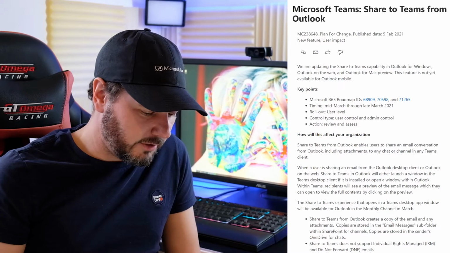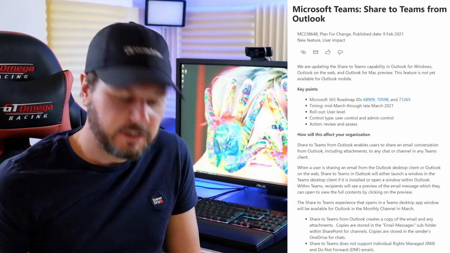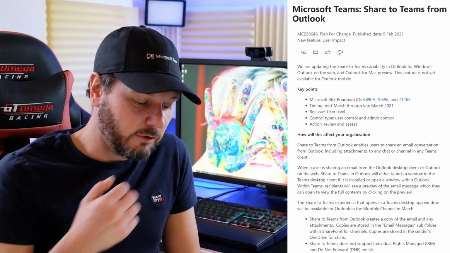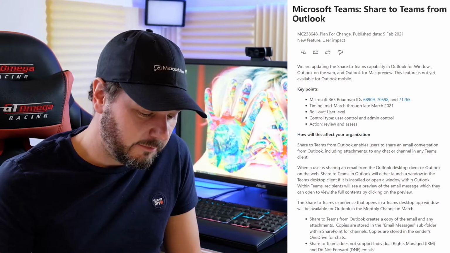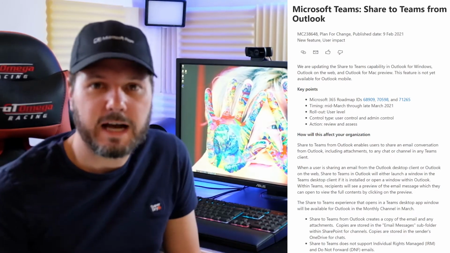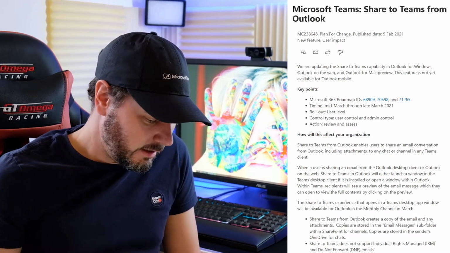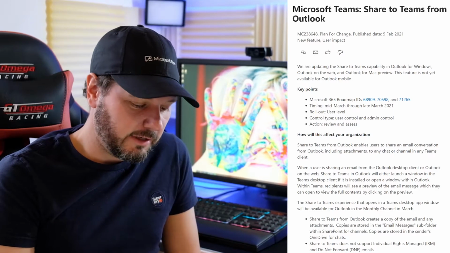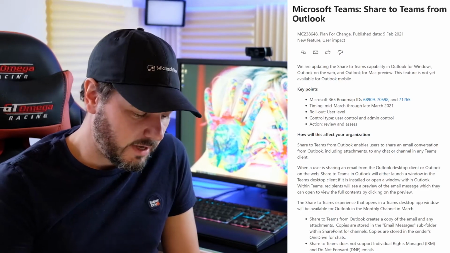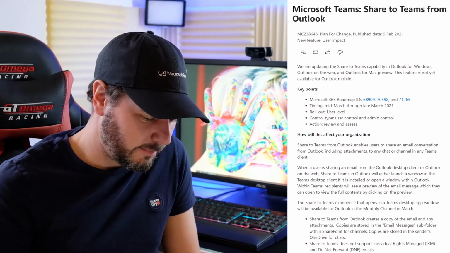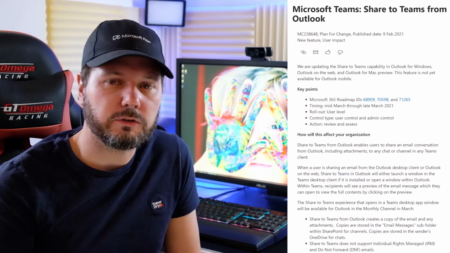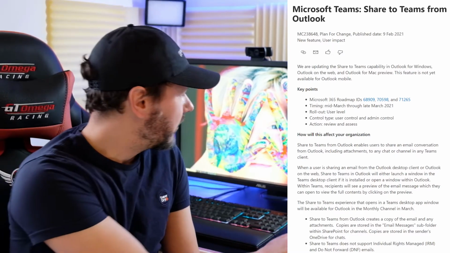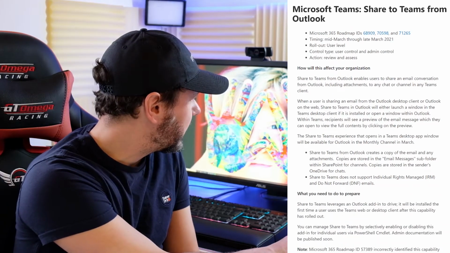So Microsoft are updating the Share to Teams capability in Outlook for Windows, Outlook on the web, and Outlook for Mac Preview. The feature is not yet available for Outlook Mobile. This is going to happen through mid-March through to late March 2021 for the rollout, so quite a short rollout period, and this is going to come down to all users and basically the Outlook client here. So if looking through how will this affect your organization,